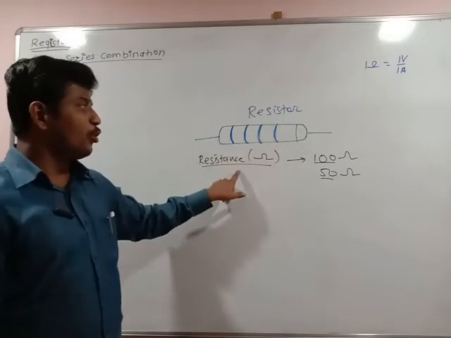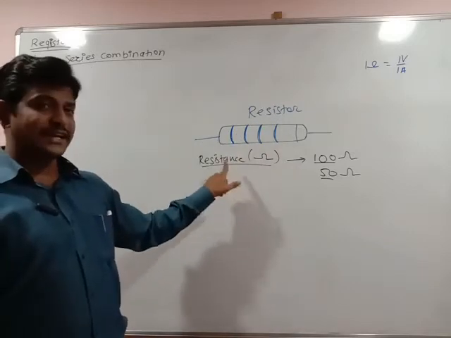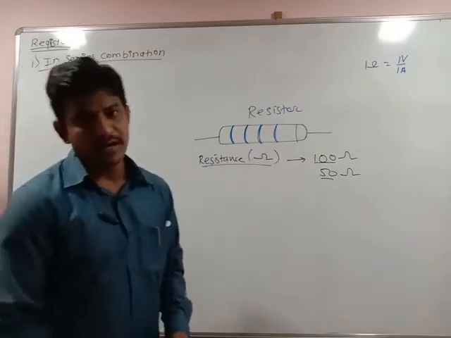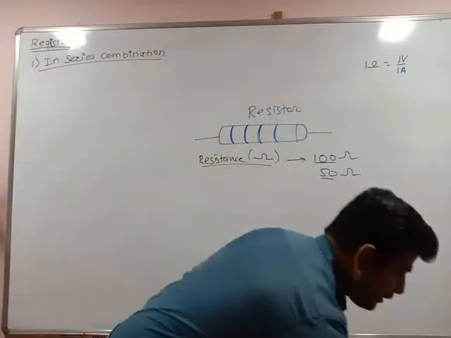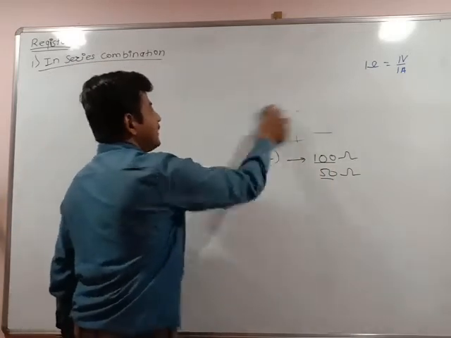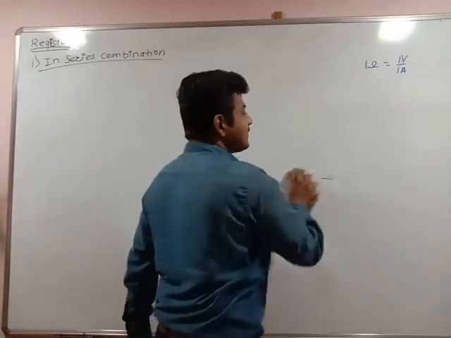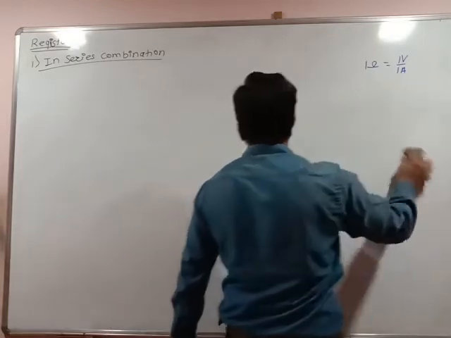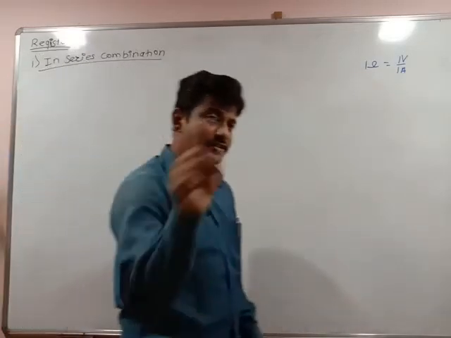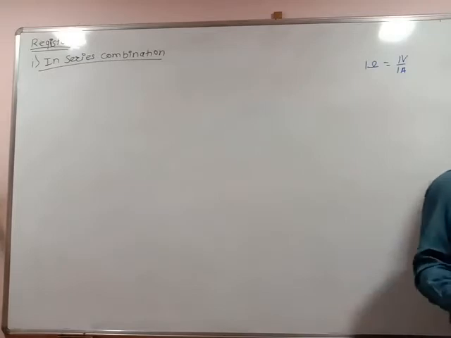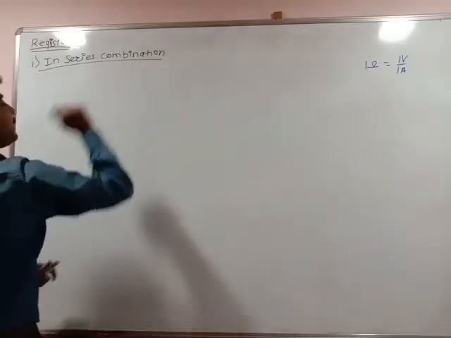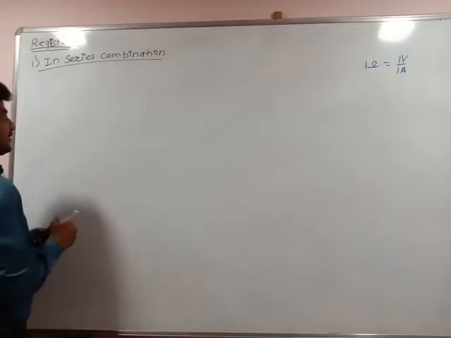Every resistor has its own resistance, and resistance is the characteristic. हा गुणधर्म आहे त्या मटेरियलचा. Resistance is the characteristic of the particular resistor. So based upon the control of current across electronic circuits, resistors with their resistances are categorized into two major types: series combination of resistors and parallel combination of resistors. First we see the series combination of resistors.